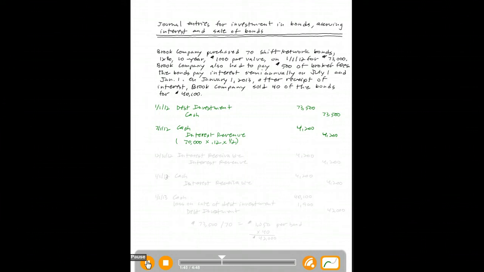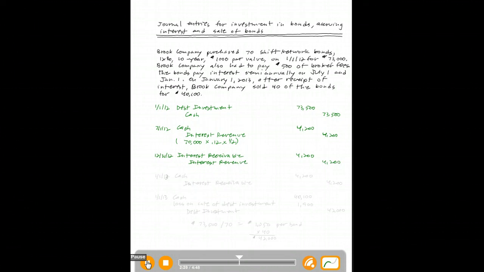Now at the end of December, end of 2012, December 31st, 2012, we've basically earned 6 months worth of interest from July 1st to the end of the year. We need to accrue that, but we're not going to receive it until the next day, January 1st. So we're going to debit interest receivable for the full $4,200, and we'll credit interest revenue for